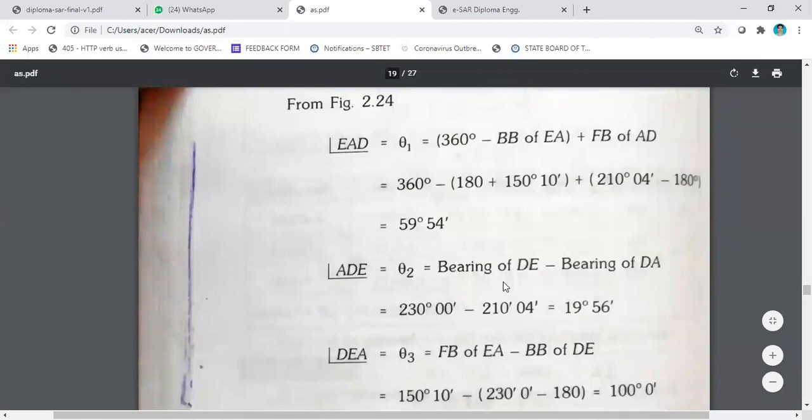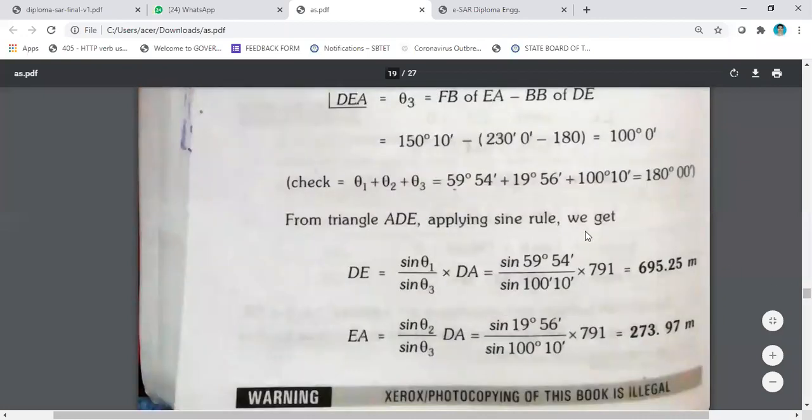When you get the two angles, the third angle must be such that the sum of angles in a triangle is 180. So simply when you subtract the sum of these two angles from 180, you will get the third angle, let it be 100 degrees. Now you know the three angles, then applying the sine rule,